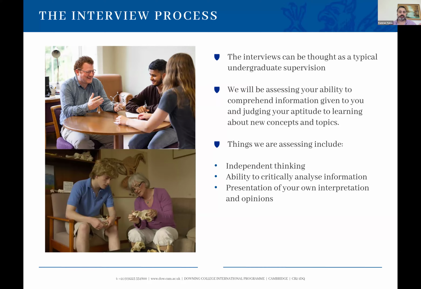So if you come for a science interview, we're going to ask you to do a science problem. And we want to see what logic you apply, what steps you take to work through the problem. If you come for an arts and humanities interview, there might not be a right or wrong answer to the question we present to you. And it's about your critical thinking skills and how you interpret and present your own opinions. So remember these things when you come for an interview. Remember to think out loud, and remember you are not expected to know the answer. But what we really want to see is you engage in that discussion.